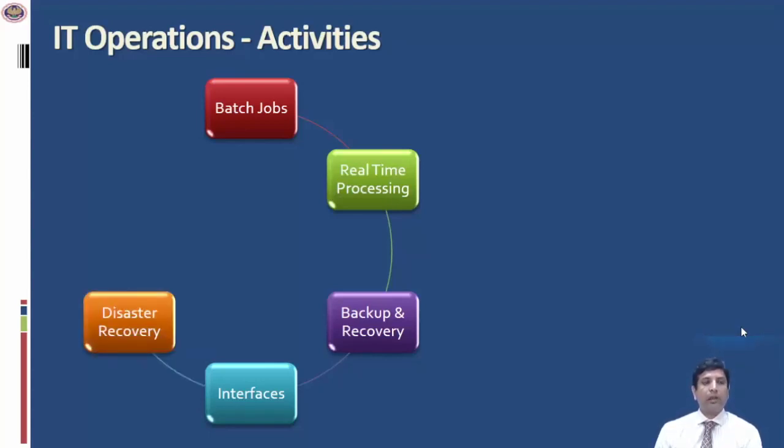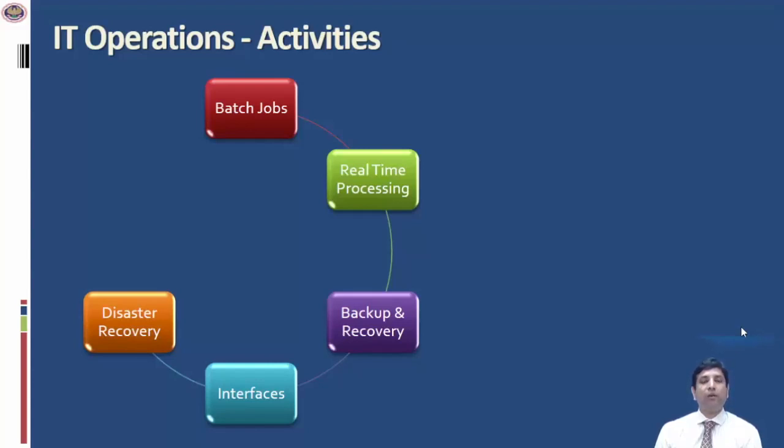The next activity is disaster recovery. Disaster recovery basically refers to the ability of a company or an IT organization to recover from a disaster which has hit the business. Like we know, there could be disasters in the nature of natural calamities like floods, there could be fire, etc., which could destroy the computer systems or the information processing facilities. Data could be lost. In such a case, there should be a process or a mechanism or a plan for the company to recover from the disaster and get up and running again.